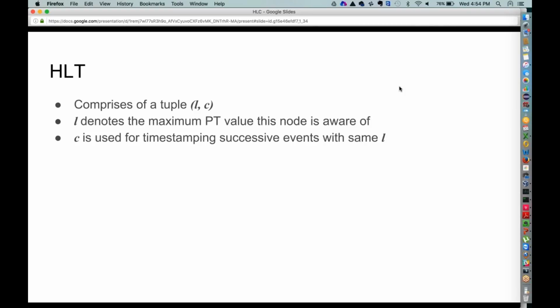When I see two events with the same L value, and I know that one is before or after the other, for example, if I receive a message and the message timestamp has an L value which is the same as my current L value, and also the same C value, that forces me to increment the C value.